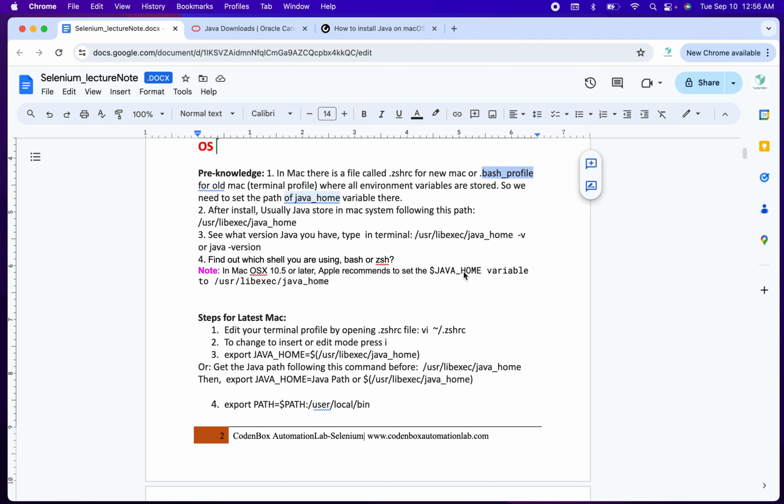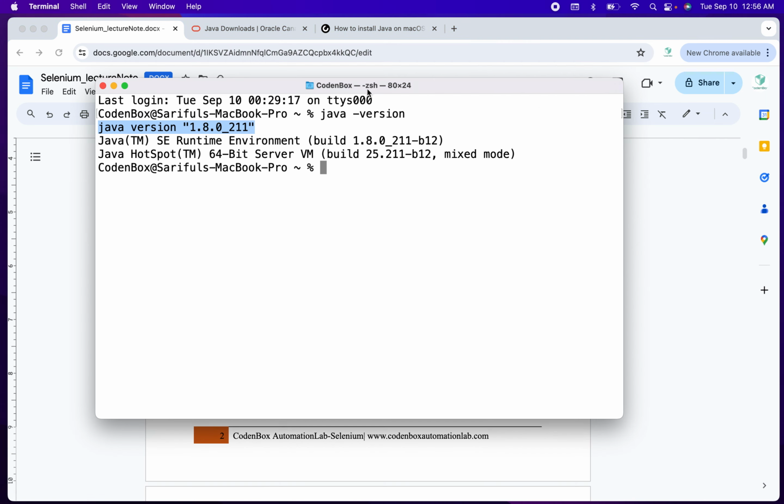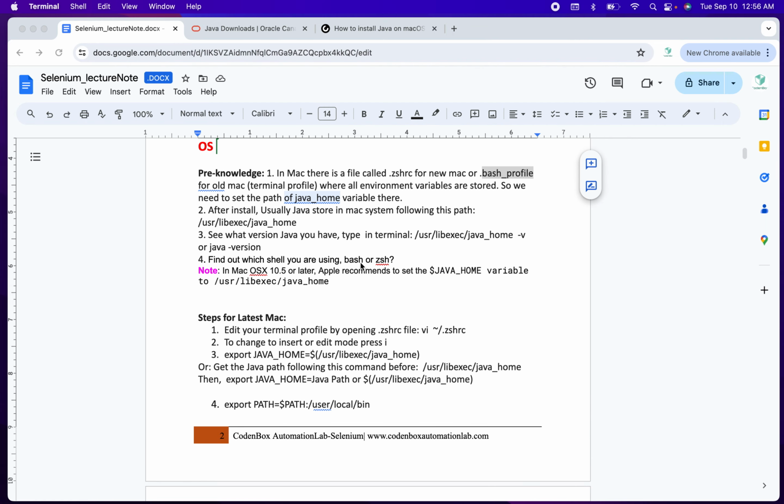So this is something else. But if it's above 10.5, or if you see in your terminal it shows .zsh, it means this is a newer one. Okay, so whatever you have, whether you have bash profile or zsh, the steps are almost the same. Okay, so after you confirm what terminal profile you have,